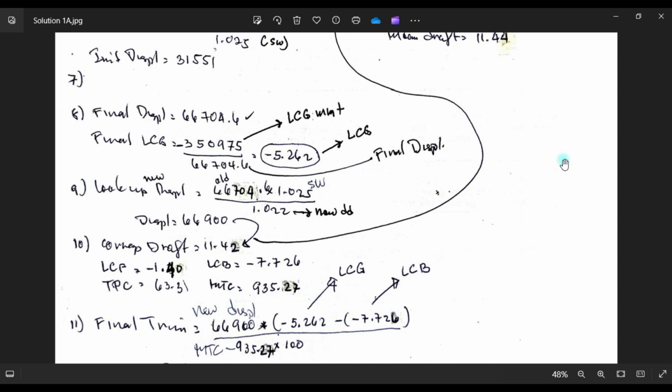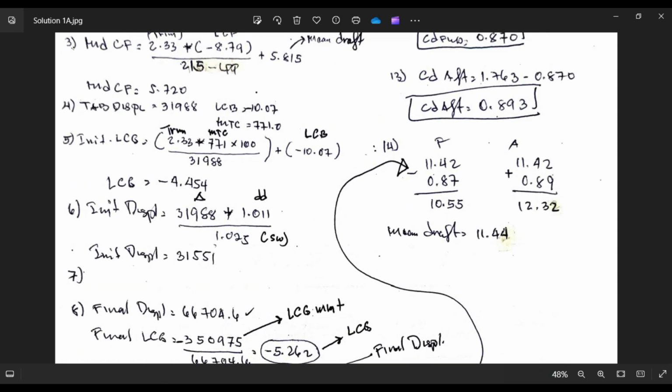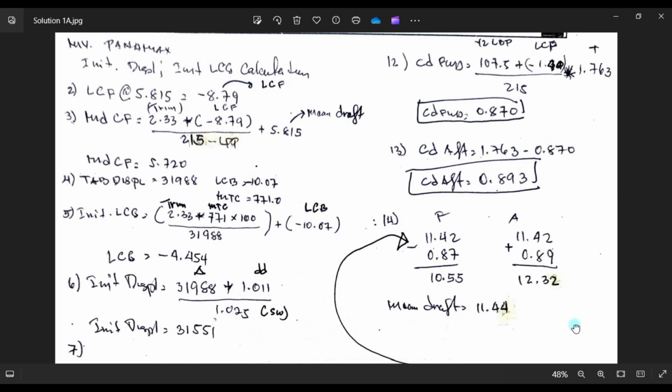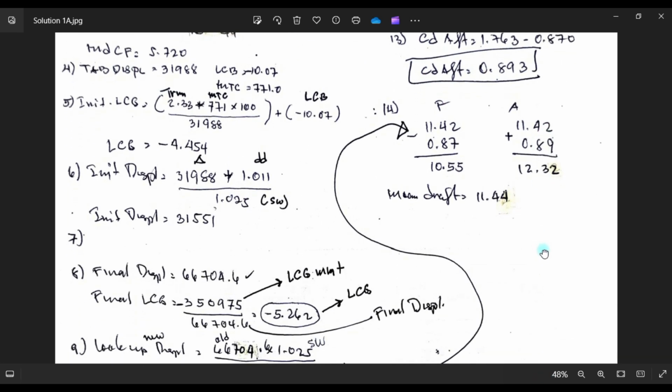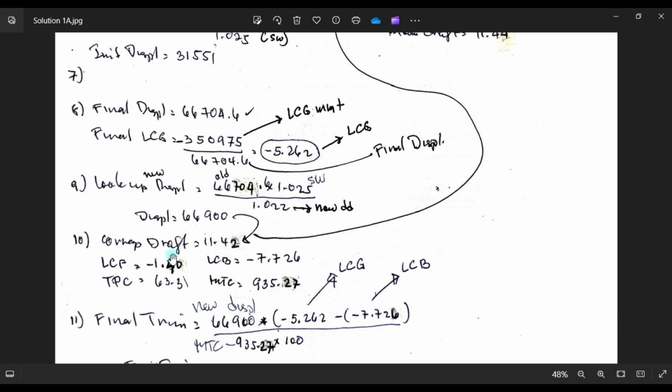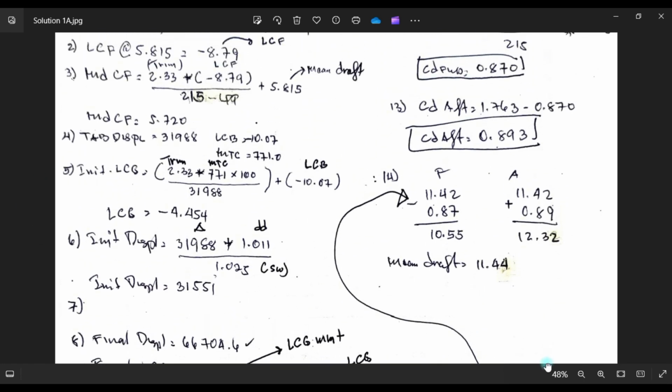So in manual computation, the change of draft forward: half LPP is 107.5 plus your LCF of negative 1.40, let's say LCF, this one, negative 1.0, and